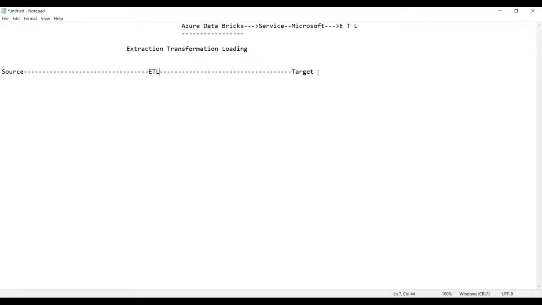The source is nothing but the source of data. Source of income means a place from where we get the money. In the same way, source of data means where we get the data. Ultimately, we get the data from business only, am I right? From where do we get the data? Can you tell me, guys?